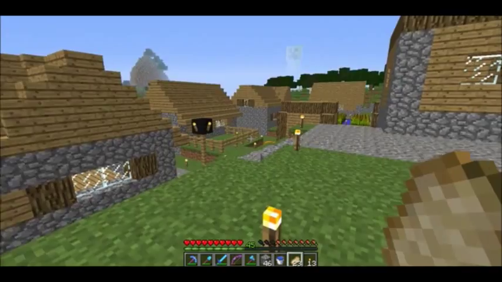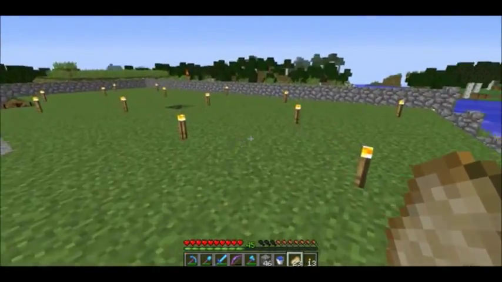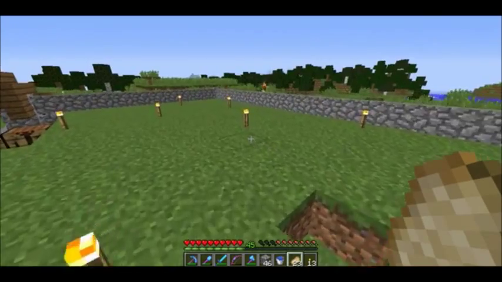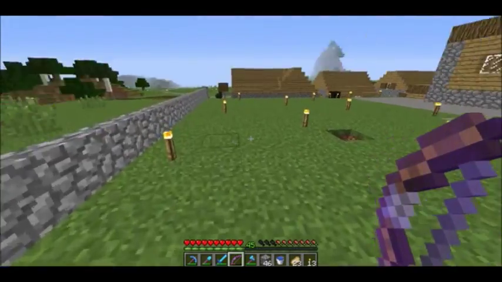Now today we are at the village where I committed mass murder, but that's another story. And our aim is to repopulate the village, if you don't remember. I mentioned this a few episodes ago. And what we're going to attempt to do now is create a transport link between the zombie purifier and the